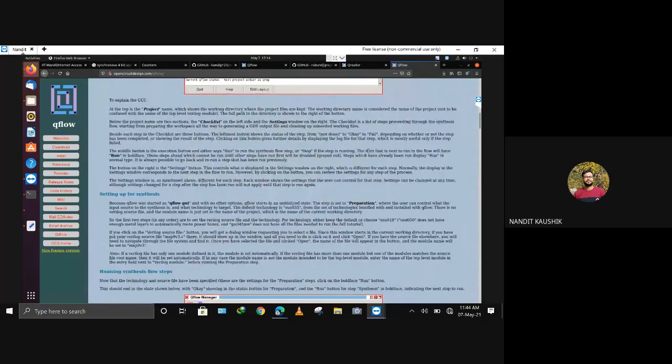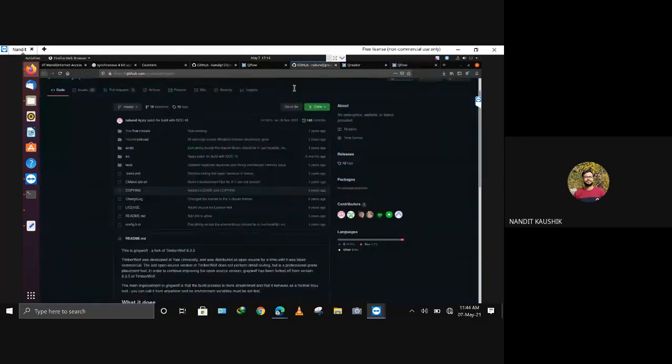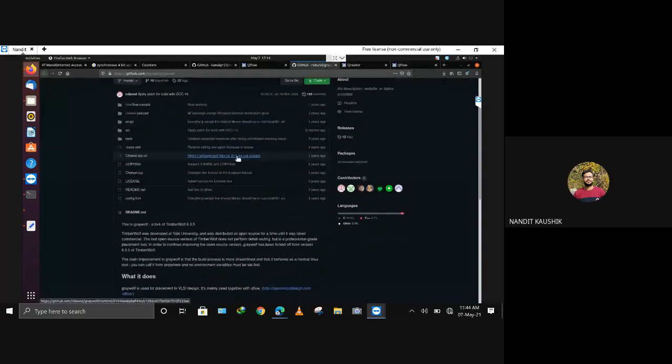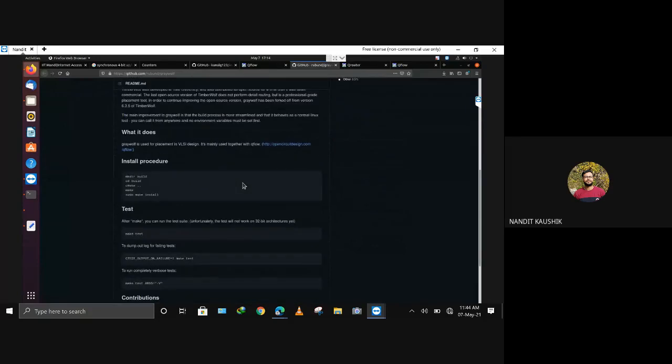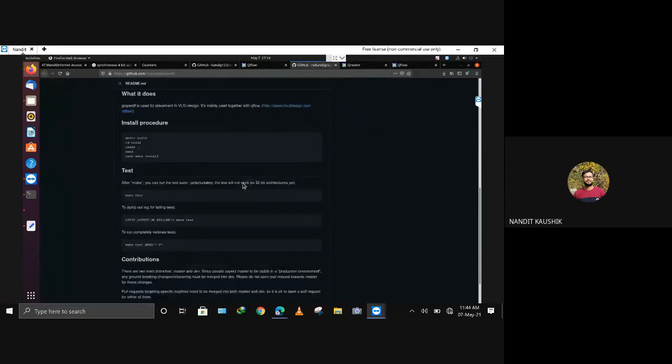So this is a good way to understand things. Similarly, you can visit each website, like for Grey Wolf, this is the GitHub source code. From here you can see the readme file, what it does, and how it is placing the files.